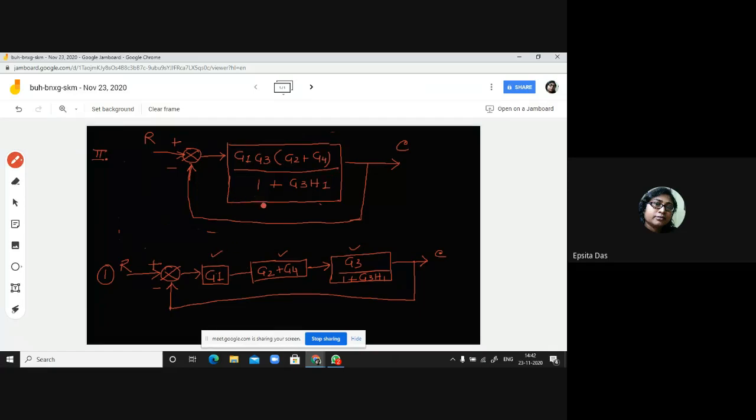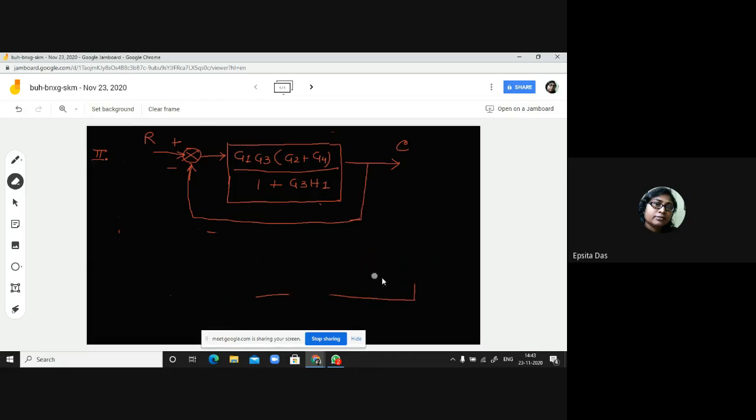Okay. Now tell me what we can do. Who will tell me what we can do now? What to do next to make a single block, single transfer function, or to get the resultant transfer function? That gain divided by 1 plus that gain. Yes, here yes. H is 1. Yes, very good, very good. So we will just reduce with the feedback formula, and we will get the overall transfer function of the system, or resultant transfer function of the system. Very good. So that is the thing what he said.